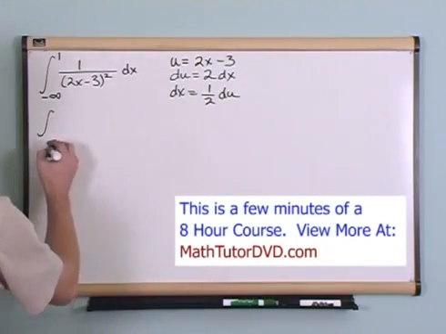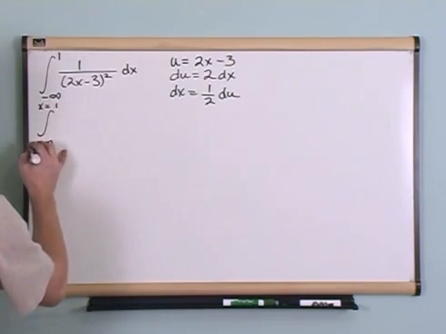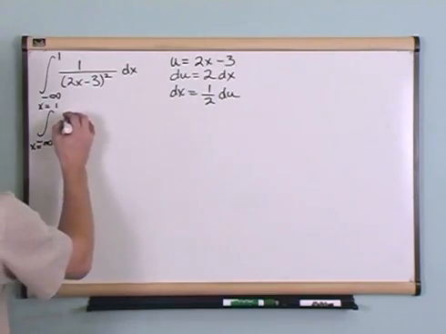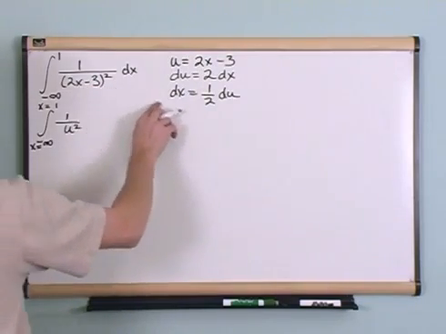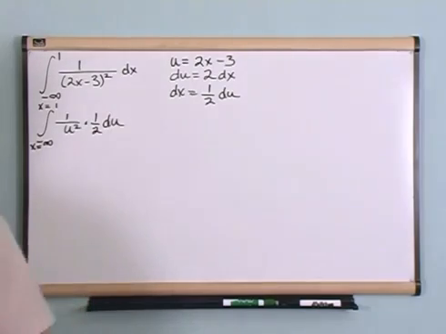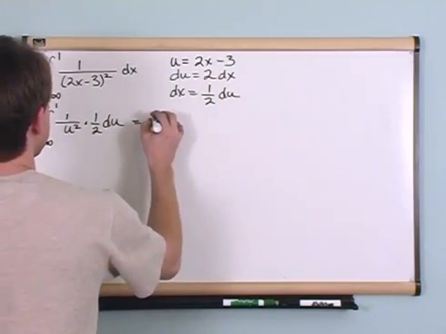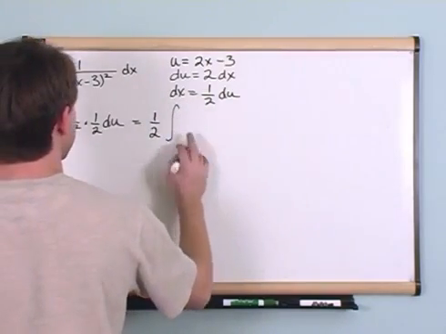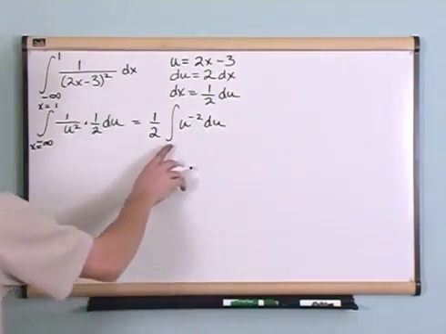So when you do this integration, you'll have negative infinity to 1, and don't forget this is x. These limits are in terms of x. Okay? And you'll have 1 over u squared, because we defined u like this, but then dx we defined like this, so we'll have 1/2 du. Okay? So, in the end, you'll have 1/2 integral of u to the minus 2 du, but in order to do this, we have to change our limits